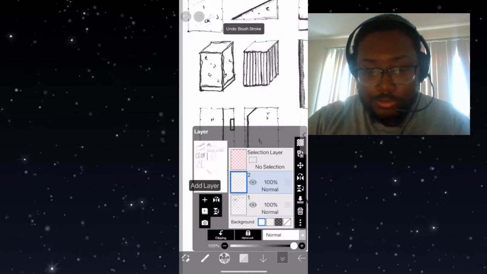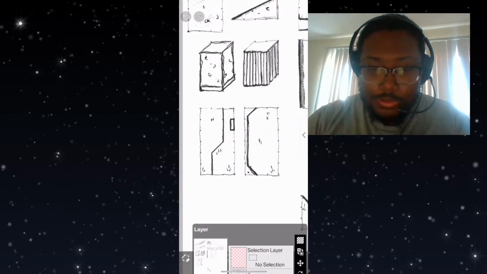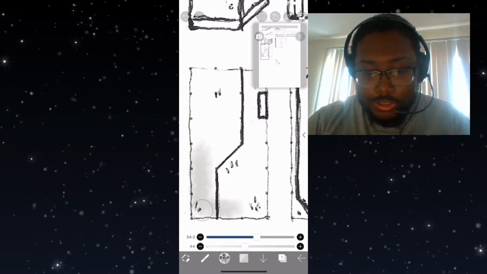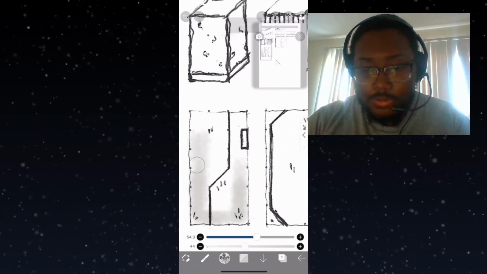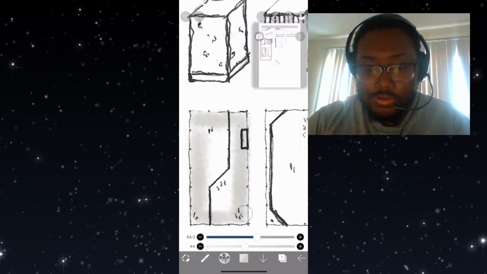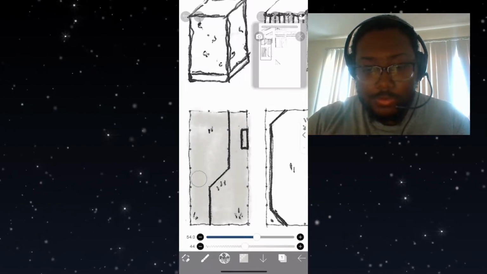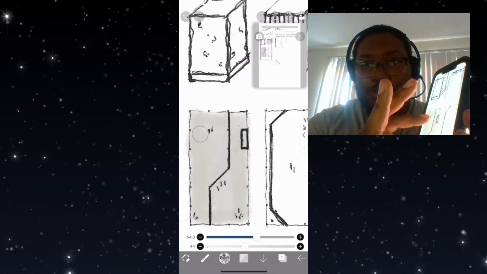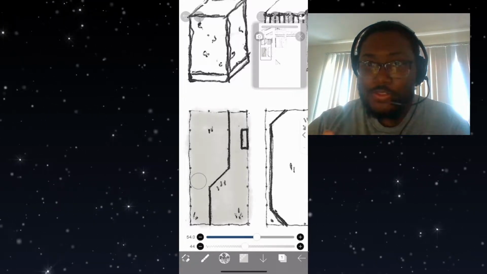I'm just going to make a new layer, throw this up, go down to the bottom layer underneath, and then I'm going to use this to color in and make my base color for everything. Everything in the game has started with this as its base color, and then I'll add on to it a little bit. So it's just a real simple coloring using my finger to do everything, and I've just woken